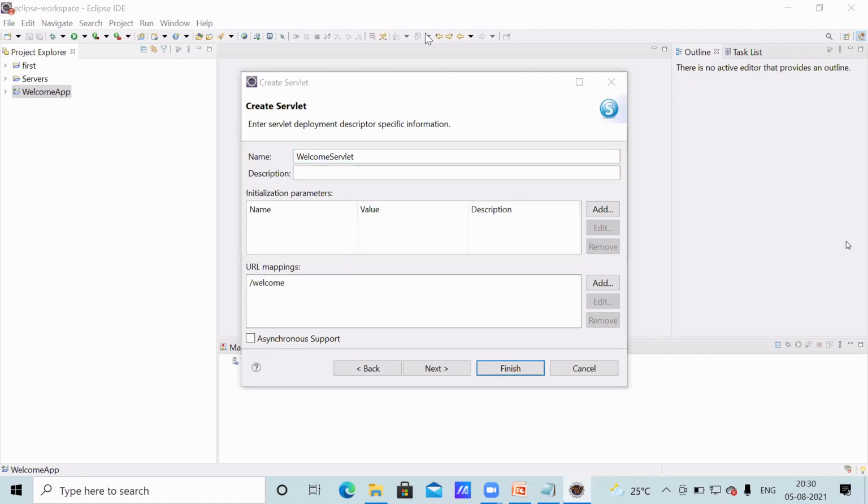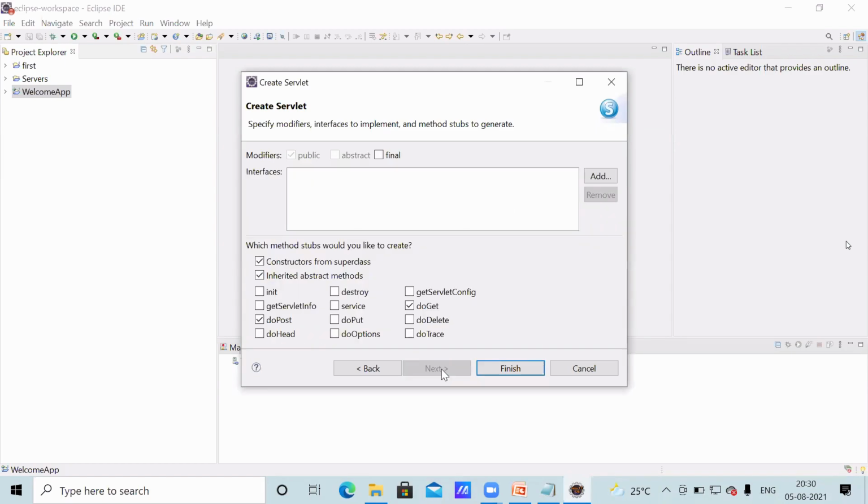Package you studied now in Core Java: program in a package, class in a package. Package concept you studied, how to create a package, how to use a package. But in the previous servlet programs we created without a package. Here it is asking for the package name. Okay. Now URL pattern welcome I have given.